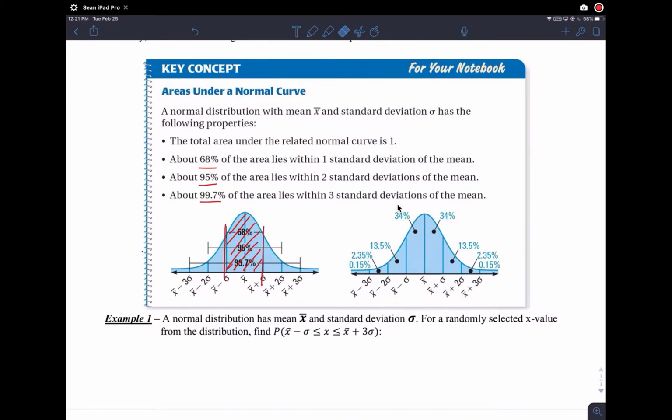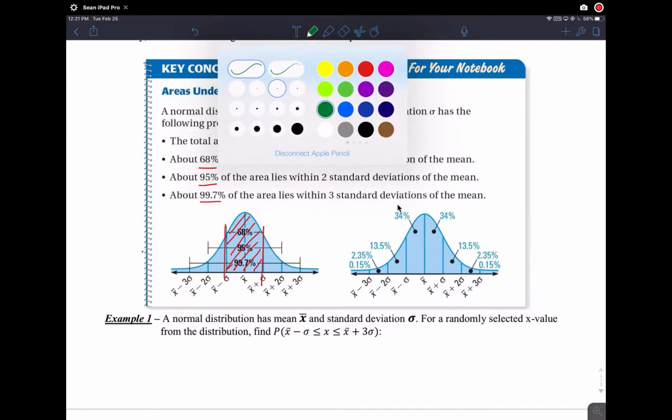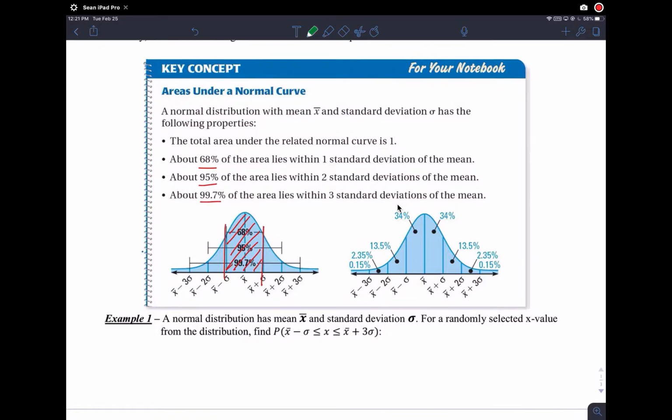And let me use a different color. Let's say 95% of the data needs to be between 2 standard deviations above and 2 standard deviations below the mean. And then a different color here. Let's go blue. And 97% of the data in a distribution has to be between 3 standard deviations below and 3 standard deviations above